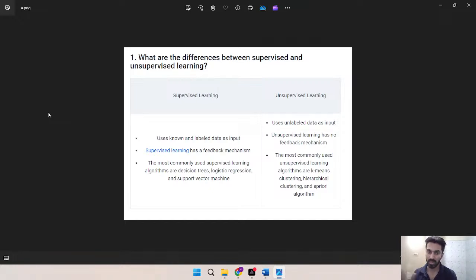But in the other type of algorithm, this is unsupervised, here we don't have a feedback mechanism. You have to apply the algorithm, and you will get some clusters. Basically this will create clusters, and according to the clusters you say, okay, this is coming in this cluster and this is coming in this cluster. So basically you are in that group and you are in that group. So in unsupervised, this is the difference, you can say these are the three differences.